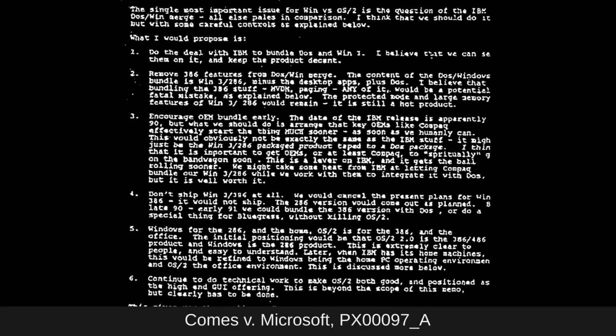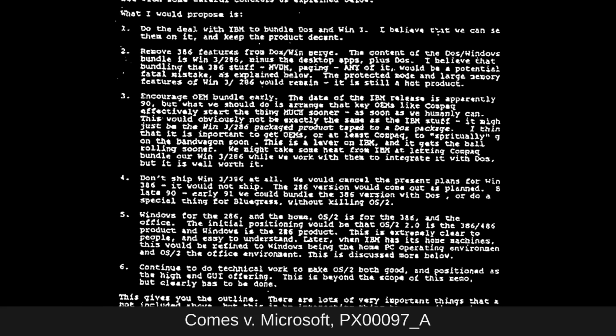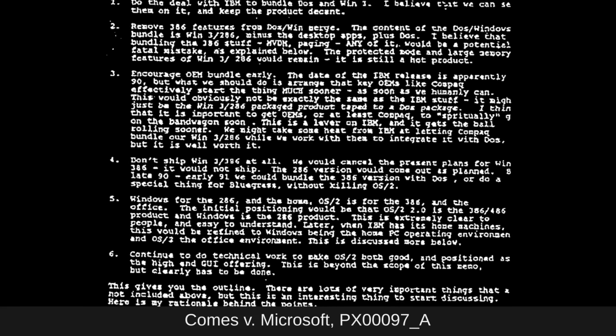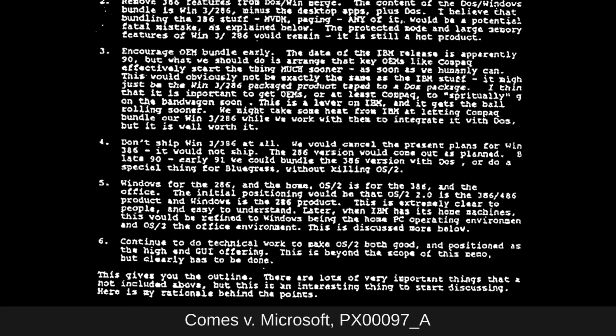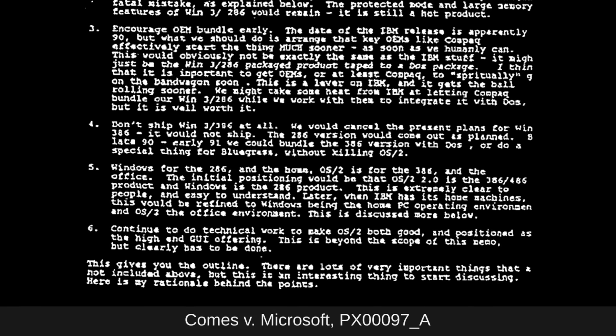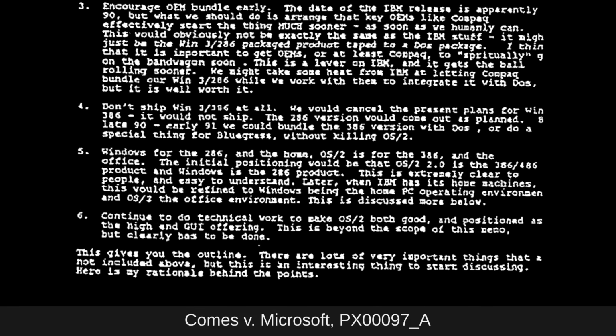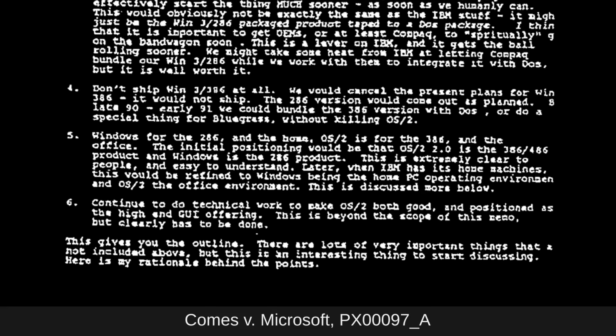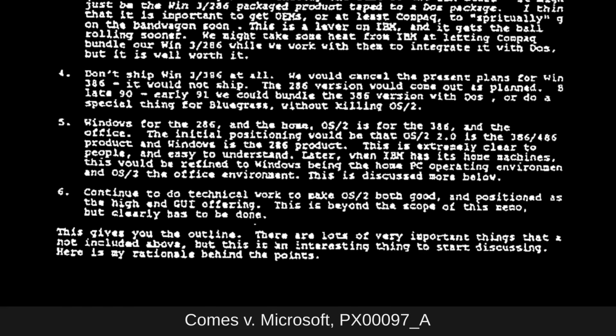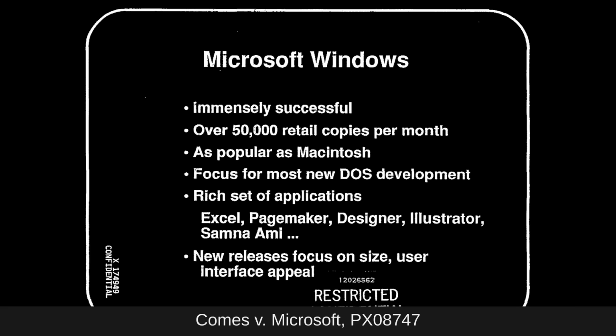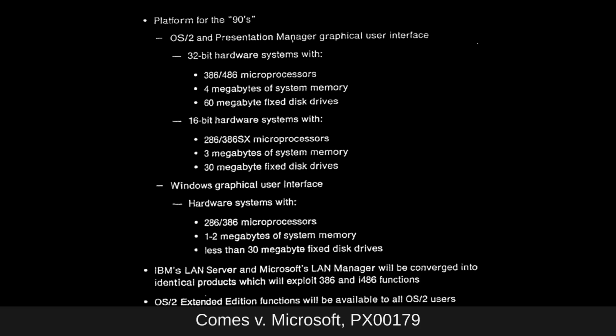Microsoft's public strategy around mid-89 appears to be that Windows will be the low-end graphical operating system, OS2 the serious business one. As part of its positioning, there was talk of delaying the 386 version of Windows 3. It's worth noting here that there was already a 386 version of Windows 2 available on the market. At this point, Windows user base was comparable with Macintosh. Microsoft did push this positioning quite hard, and IBM seemingly went with it.